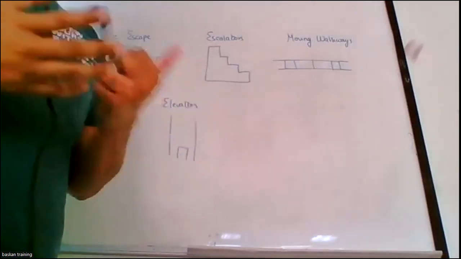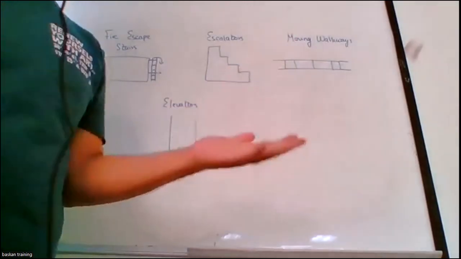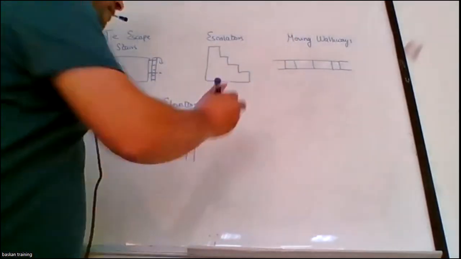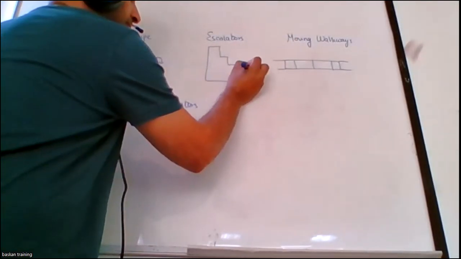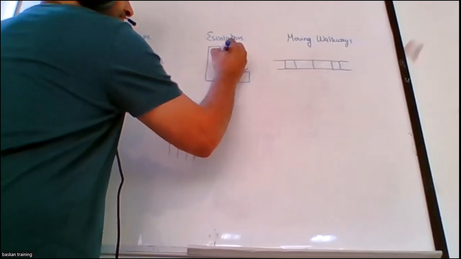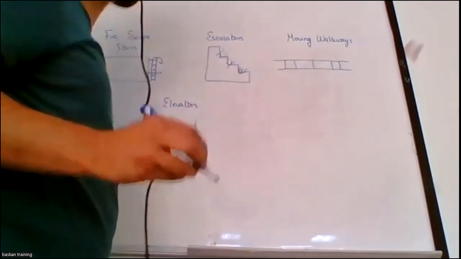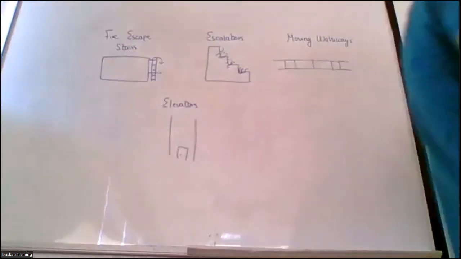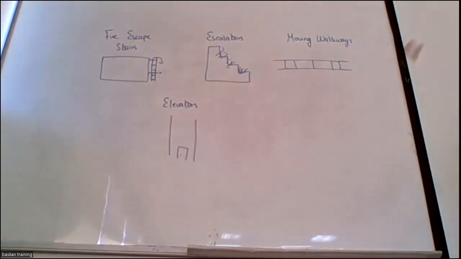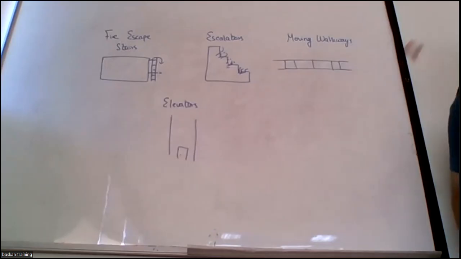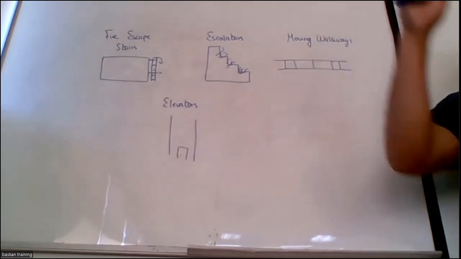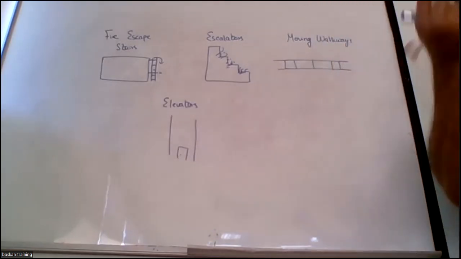If it stops, we can access, but the problem is that we cannot access. Why? Because it's a mechanism and there is no vertical protection. Okay, so if you consider a staircase, staircases have vertical protection. The flame cannot propagate and come towards the stair in between the treads, right? But the escalators, whenever they open up, there's an opening.